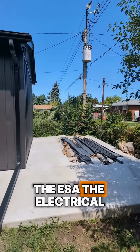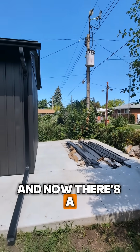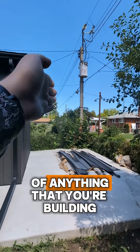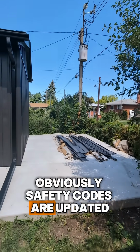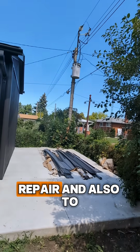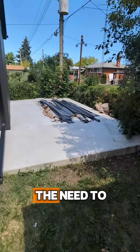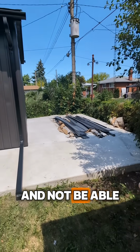However, the ESA, the Electrical Standards Authority, has updated their codes, and now there's a minimum required setback distance from the peak or the front face of anything that you're building to the actual lines and transformers. Obviously, safety codes are updated over time. They're going to need access to maintain, repair, and also to avoid any sort of issue. And with that came the need to, unfortunately, meet those setback requirements and not be able to use the existing